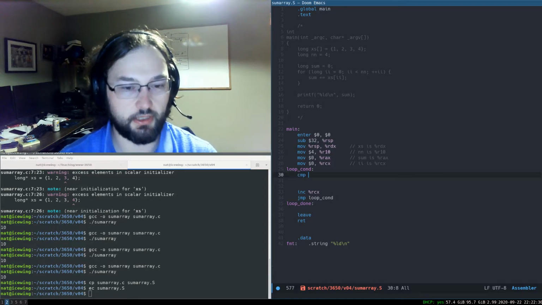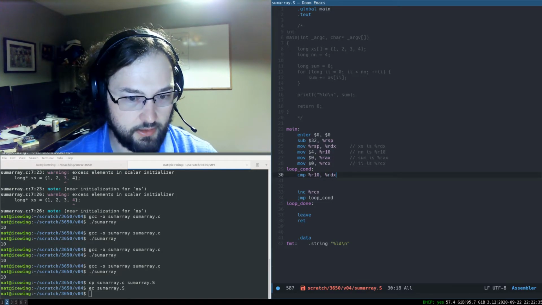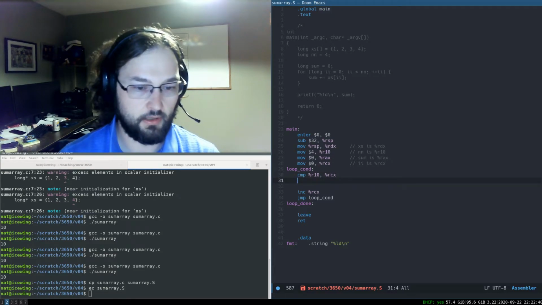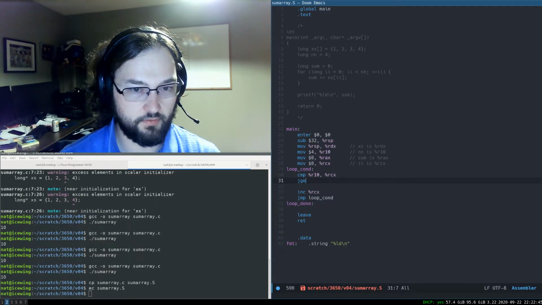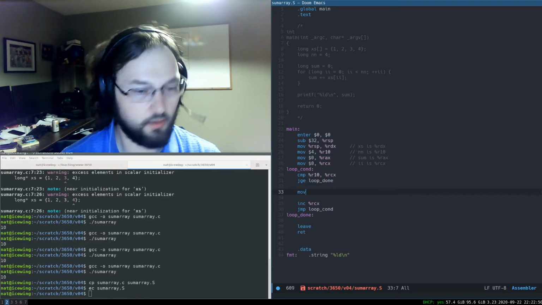The condition is going to compare R10 to RCX, so we're asking is ii less than nn. If it's greater than or equal to, we're done. Otherwise, we're going to